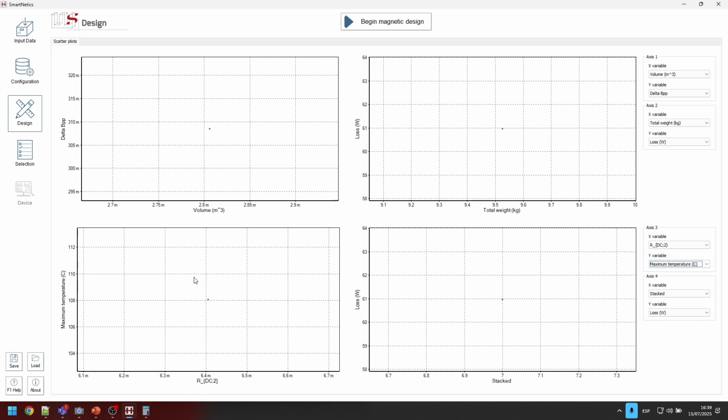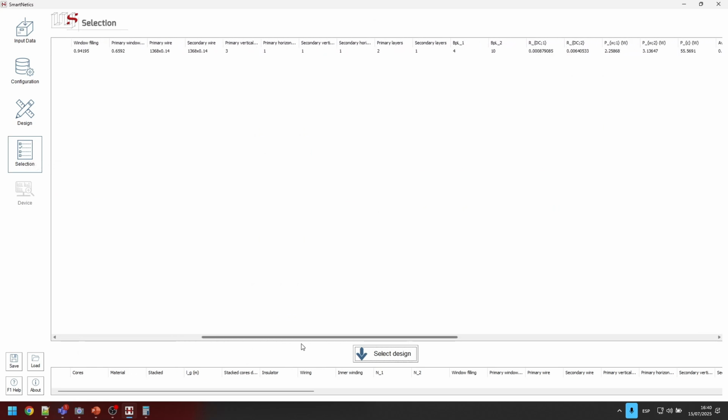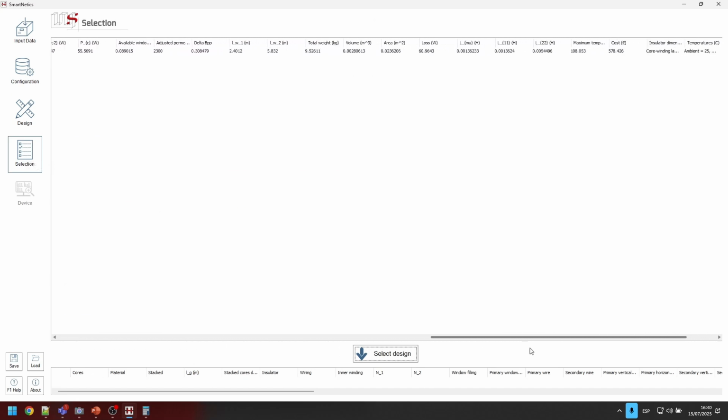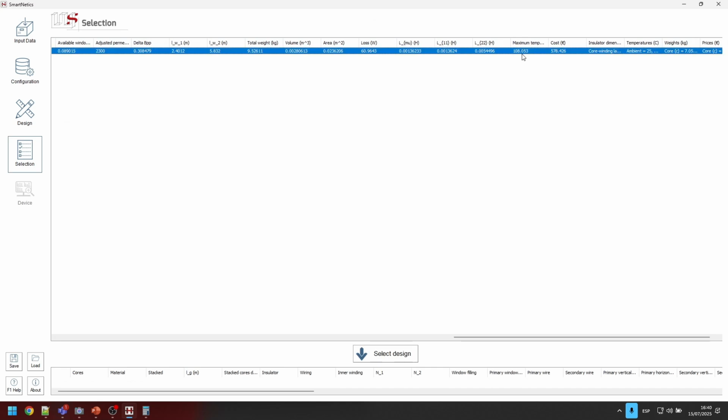So as you can see, the temperature we expect in this device is around 108 degrees. We know that these specifications were the worst point for our particular project. So if even in the worst point, we are at 108 degrees or something like that, we know that we can work. We can go to the detailed view to get the real number, which is in here, 108.